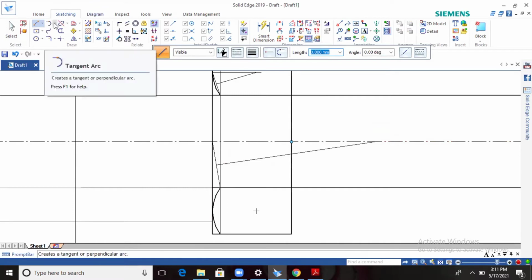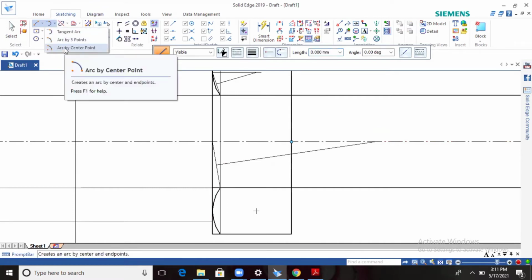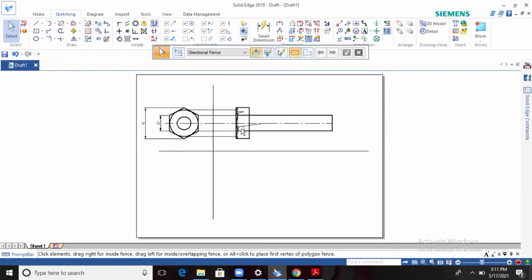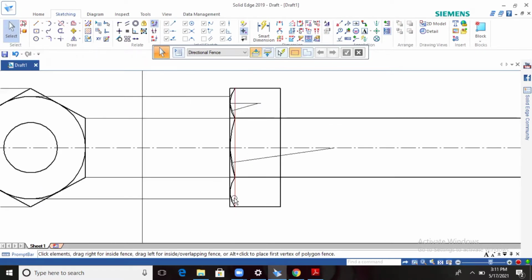Okay. So then you have to take the arc by center point from this end point to the end point. See, look at this one. Take the intersection symbol up to this point. So carefully take it, this side or that side, any side you can draw it. So draw it like this. Okay. So then select this one and make it 0.5. Over. Now here the chamfer cut is done.